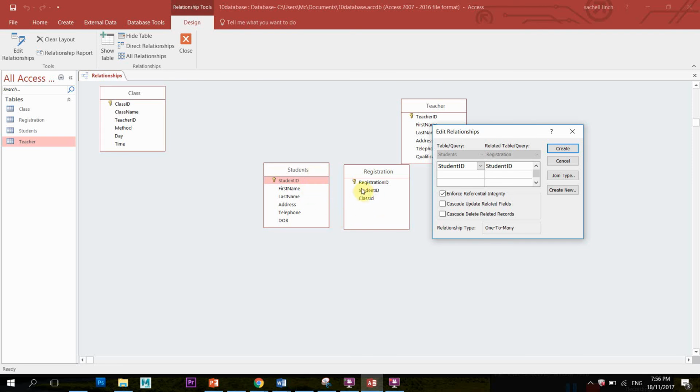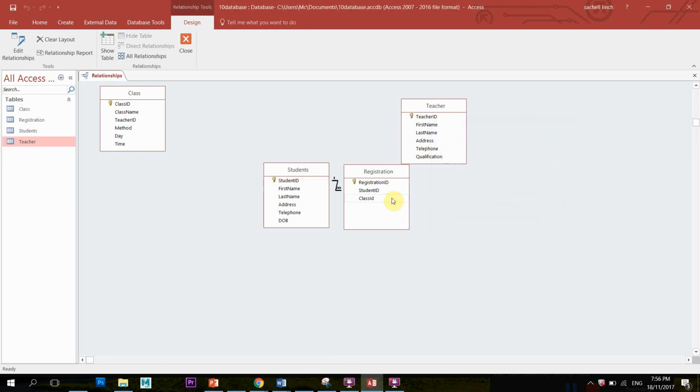Whatever is reflected in the registration table should be reflected in the student table, and whatever is reflected in the student table should be reflected in the registration table. That is integrity, honesty. Having done that, we click create,